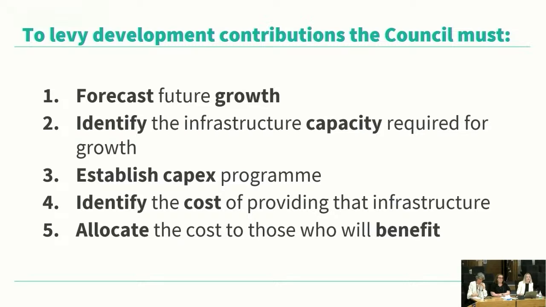So the LGA is very prescriptive in terms of how we have to calculate development contribution charges, and there are several steps we need to take. The first thing we need to do is to forecast growth. We do this using a residential and business growth model that identifies how much growth is forecast to occur, when it will occur, and where it will be located. We then have to identify what infrastructure is required to service that growth, where it is best located, and when it should be provided, seeking efficiency but also not impeding growth, so there can be a balancing act there.